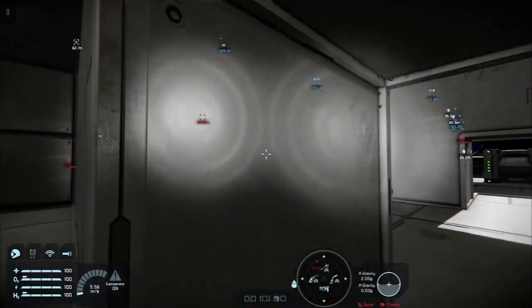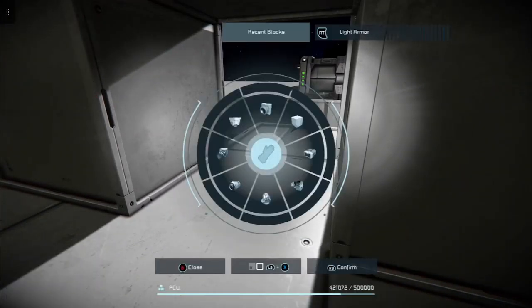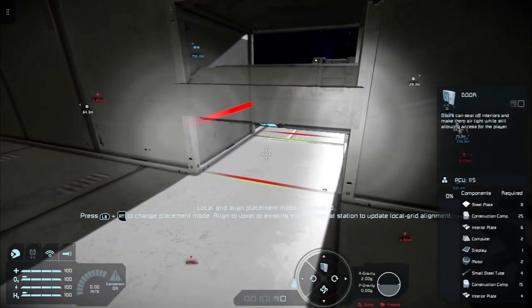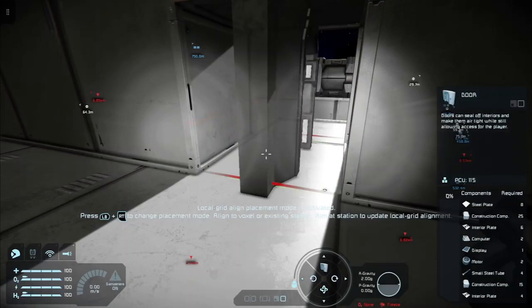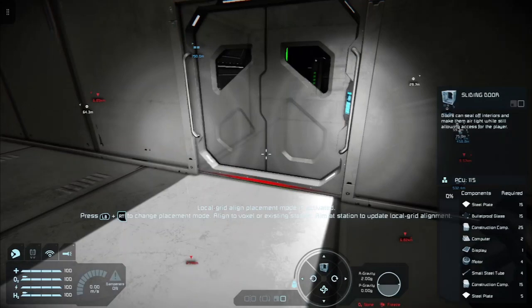So the first thing we need to do is seal this area with a couple of doors, and as we're going to be naming these doors, you can find doors under comms and hangars. Now we could go for these, but I prefer these.